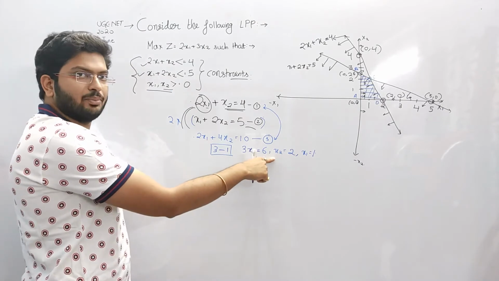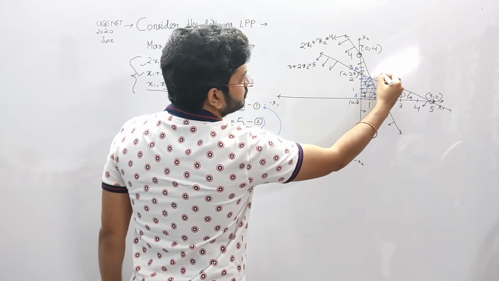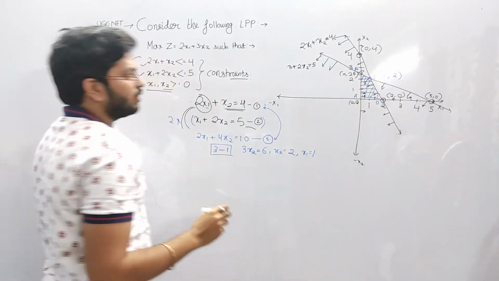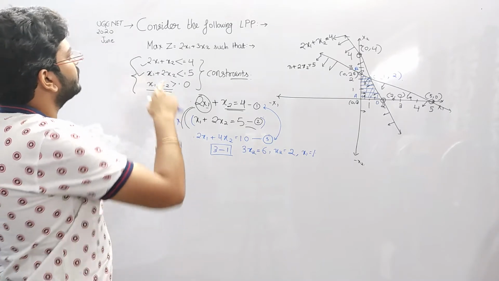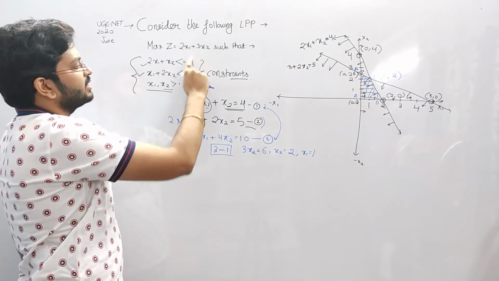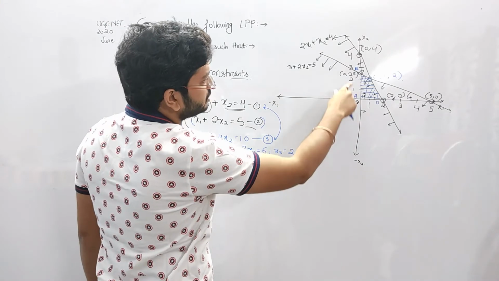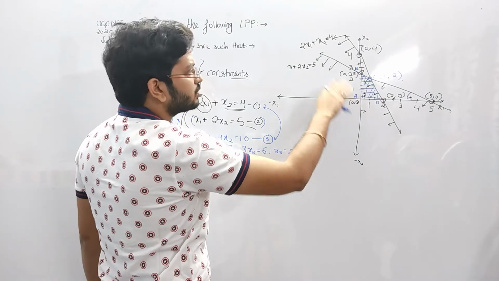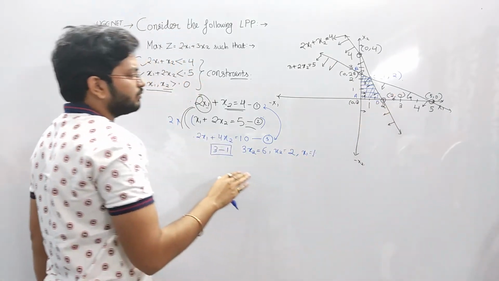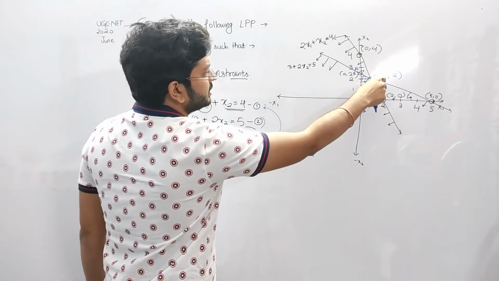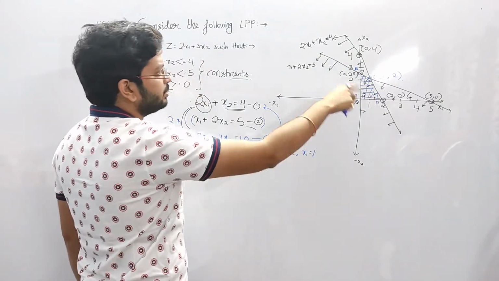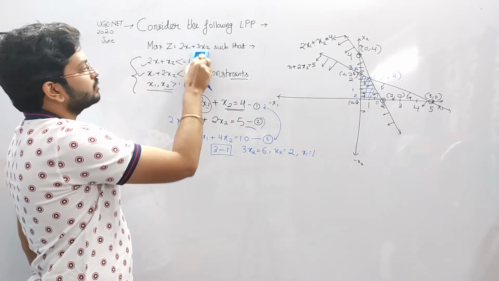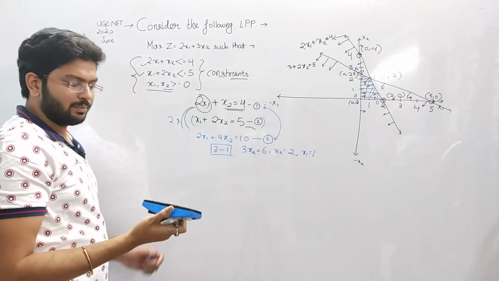So I have got the coordinates of point C now. The coordinates of point C are x1 equal to 1 and x2 equal to 2. Now this question is to maximize. So here I have got 4 points that bound this region, A, B, C and D, and I have the coordinates of these 4 points. You simply have to find the coordinates of one point, that is C (1, 2). The other points we get from the given equations. Now we have to put the coordinate values of these points in this equation and find the maximum value.